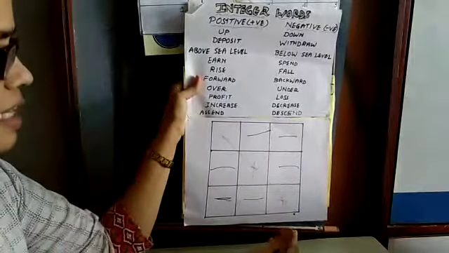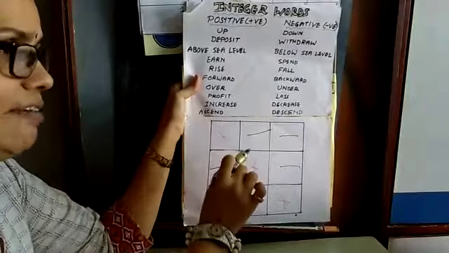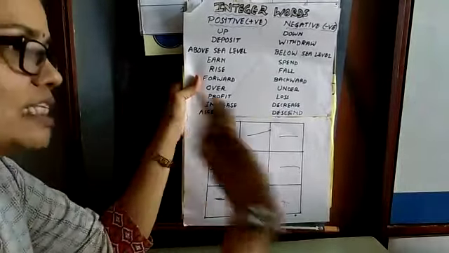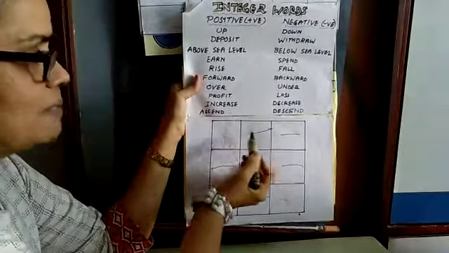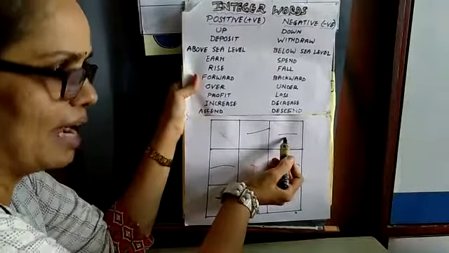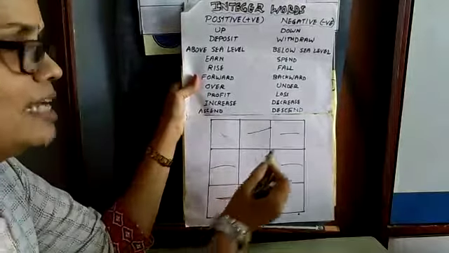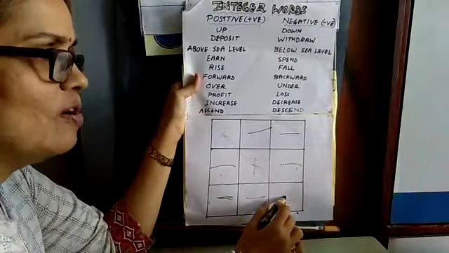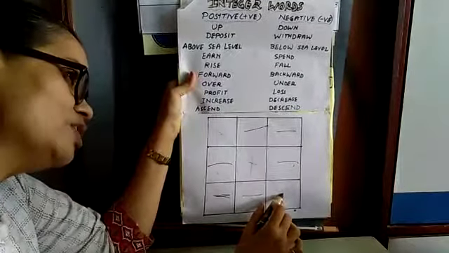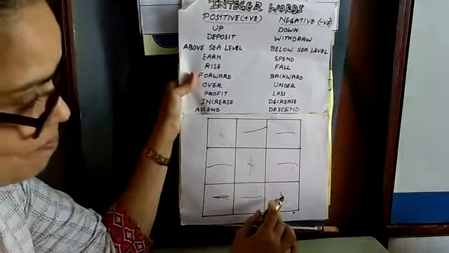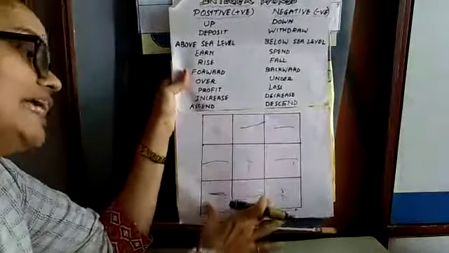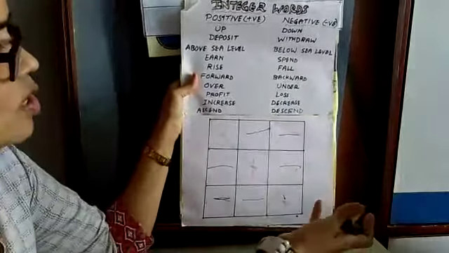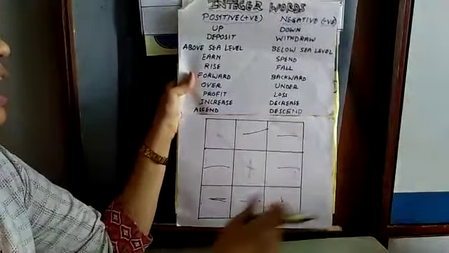Remember, children, in multiplication and division of integers, you just remember that plus minus gives minus, minus plus gives minus, and minus minus you have to make plus. Now you understood? So we can play this game even in this way. So you will learn also and you will enjoy also.